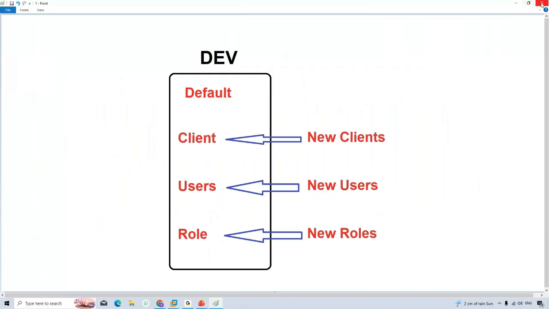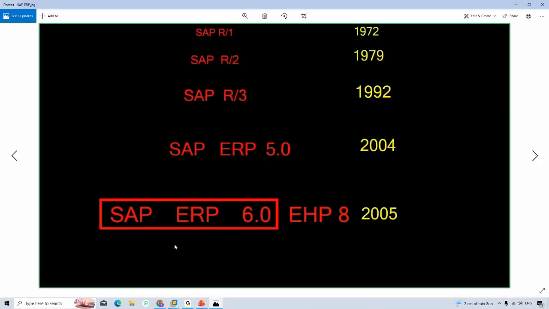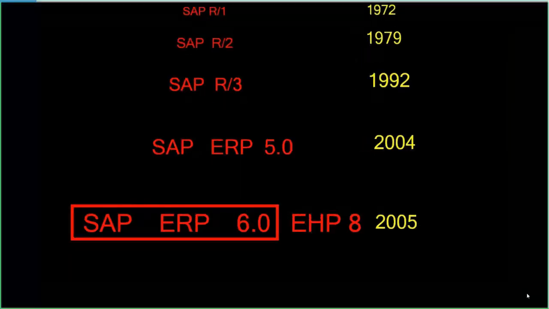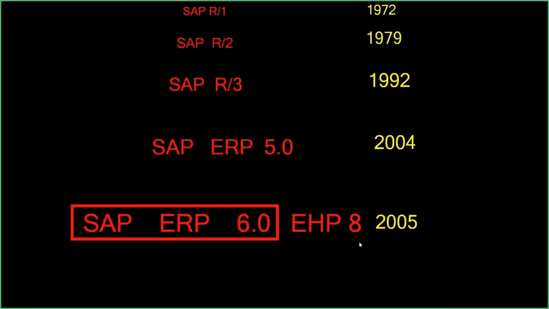In the last session, we discussed ERP, SAP ERP. Actually, the SAP systems started with the R1 system. SAP initially, in the 1970s, was called the SAP R1 system. In 1972 SAP released the R1 system, and in 1979 the R2 system. In 1992 SAP released the R3 system. In 2004, in place of the R3 system,